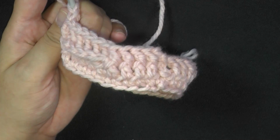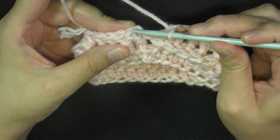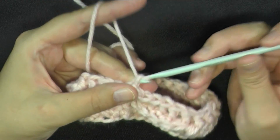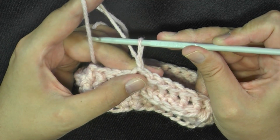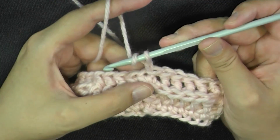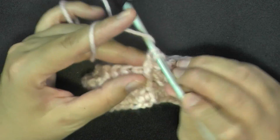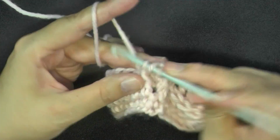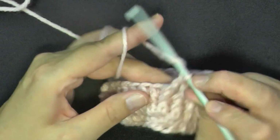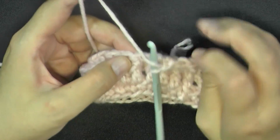to the beginning. Okay, when you get done, you want to slip stitch in the top of the beginning front post double crochet. And then again, you will chain 1, elongate your hook, or you can chain 2, it's up to you. And you're going to do a front post double crochet over these 5 front post double crochets. You're going to be repeating exactly what you did last round, only you're working on your front post and back